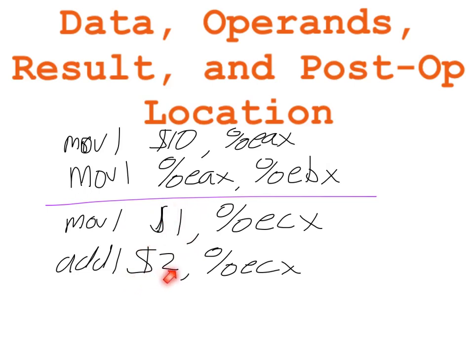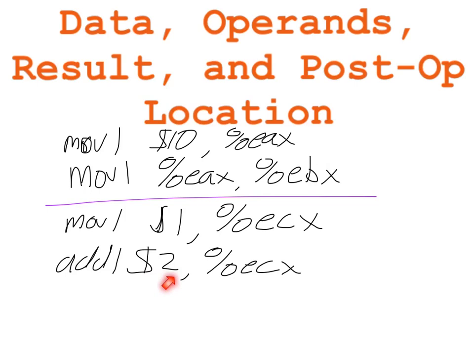The operands of this add instruction are the C register and also the constant 2. Now there's an important distinction between the data 2, the numerical value 2, and the constant 2. The operand in this case is the constant 2 as defined here in assembly language, but that has a value of integer 2. So at the conclusion of our addition instruction, we can define then the result in the post-op